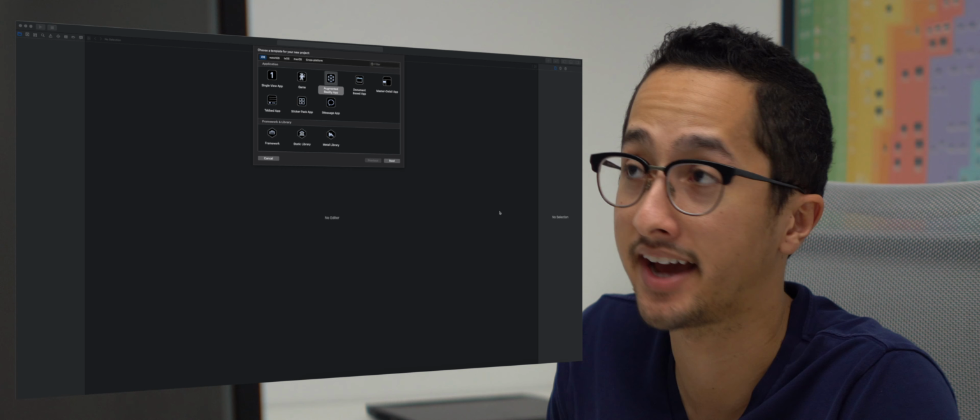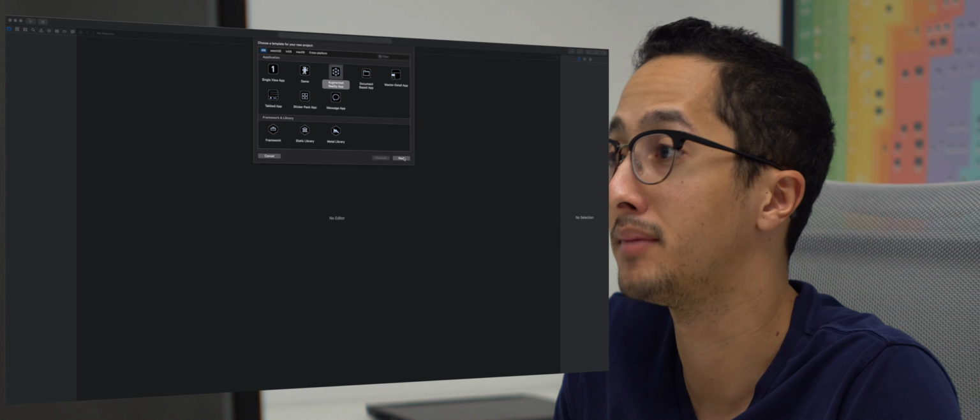Hi, my name is Ryan Kopinski, and this is Getting Started with RealityKit. So today, I'm going to help you create your first augmented reality application using RealityKit on iOS. Let's take a look. Okay, so the first thing we'll do is we'll create a new project in Xcode, and